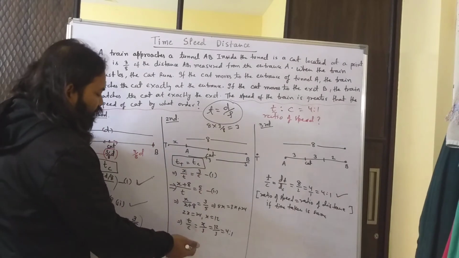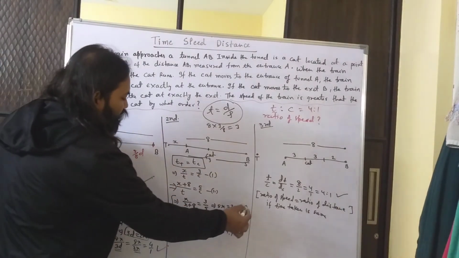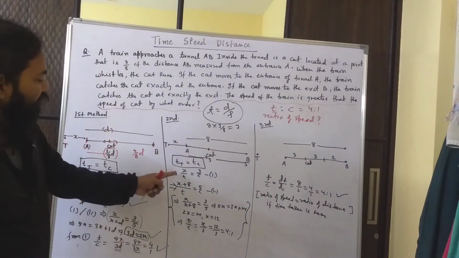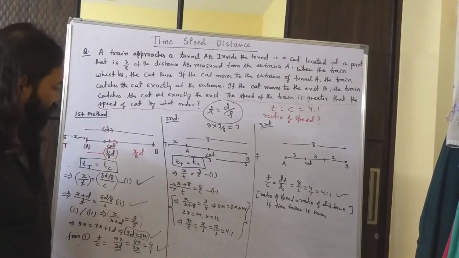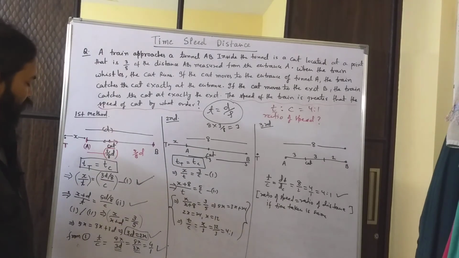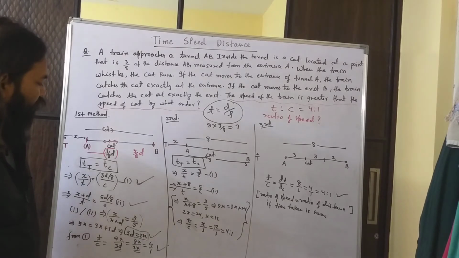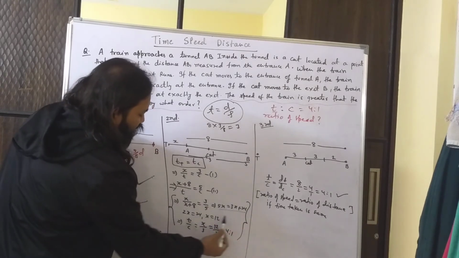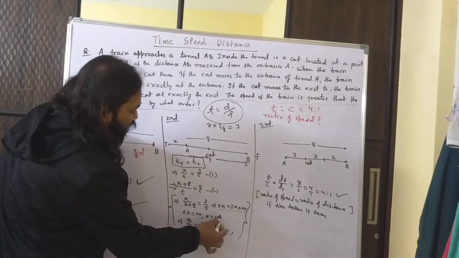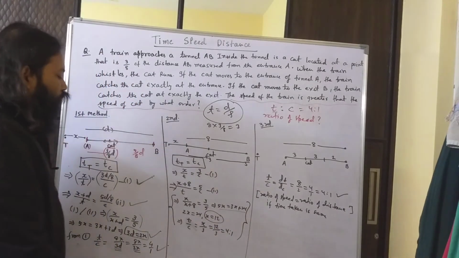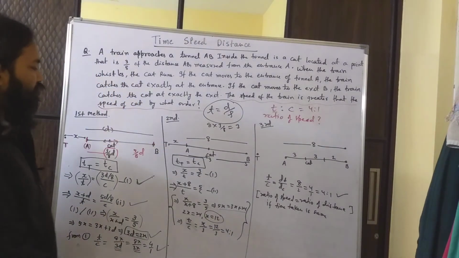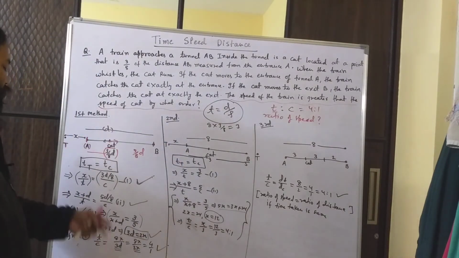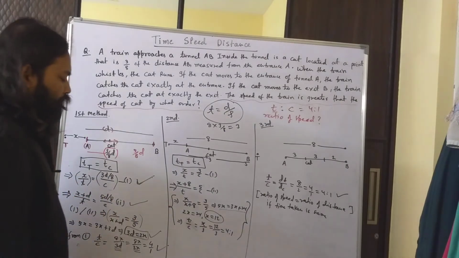Now again a similar kind of equation, and beyond this point the calculation is pretty much similar. If I divide, I will be getting x upon x plus 8, correct? So x by x plus 8 is equal to 3 by 5, and if I cross multiply, 5x is equal to 3x plus 24, and then 2x is equal to 24, and here I am getting x equal to 12. So if I go like this, I am able to find this distance. After getting this ratio, maybe I can get that here also, but I did not calculate that. Okay.